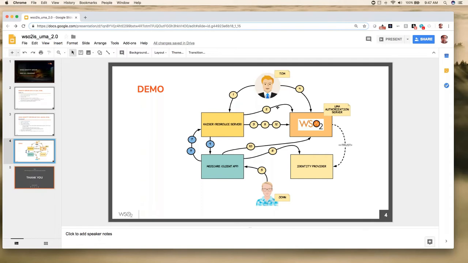So number 4 would be, once the resources are introduced to the identity server, you log into the identity server and define access control policies against those resources. Then number 5, the bootstrap process is done, so John logs into the Medicare application. There you have the identity provider, which is trusted by this Medicare client app, so you do an OpenID Connect there. And at the end of number 6,